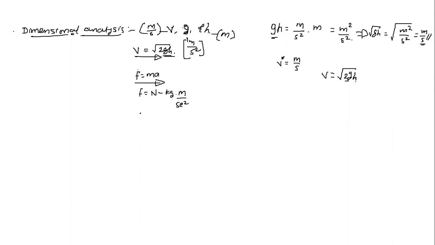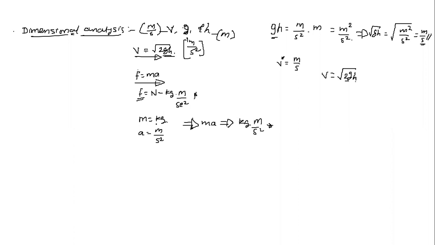This is for the force. If you check the mass, its unit is kg, and if you check the acceleration, it's meter per second square. It means that if you multiply m into a, you will get the unit of force. So we'll now take the product of the mass and acceleration. It gives the product of their units also, that is kg into meter per second square, which is the same as the unit of the force.